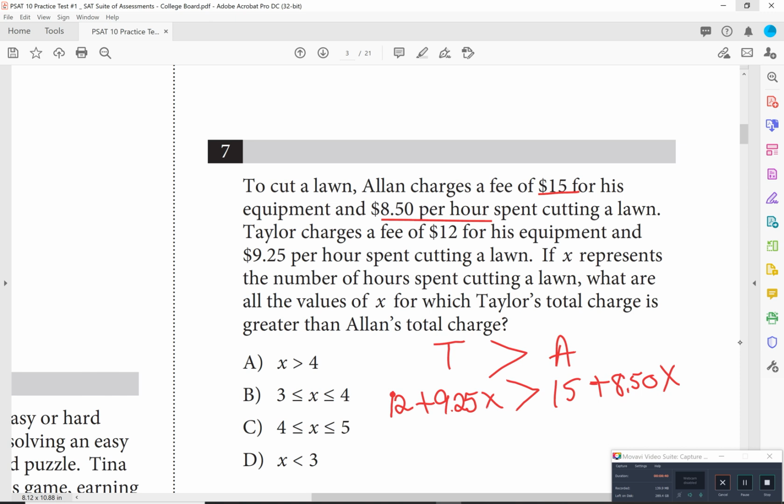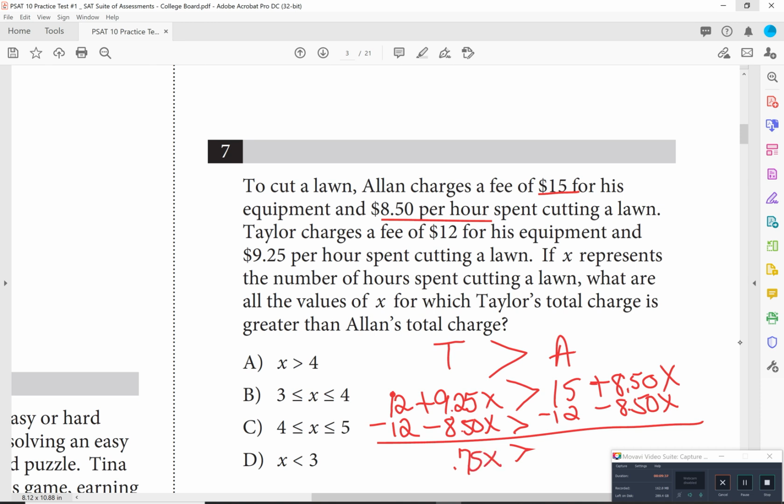Okay, in this particular example, we would have subtracted, perhaps subtracted 12 on both sides. And in that case, I'm going to subtract the 850x on both sides. All right, and now the inequality stays in the same direction. Nothing's changed yet. And so we're going to take our example. And let's take the 925 minus the 850. And then on the opposite side, obviously 15 minus the 12. So this is 0.75